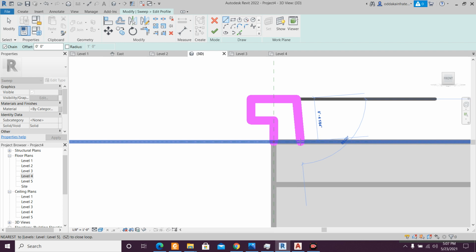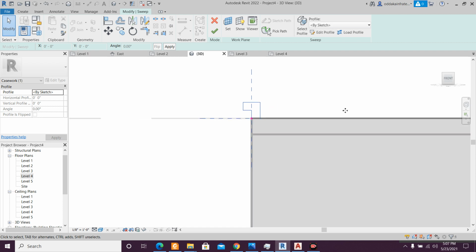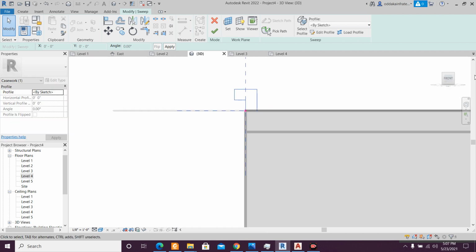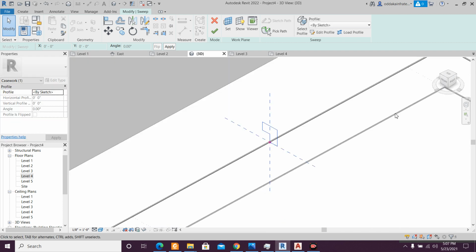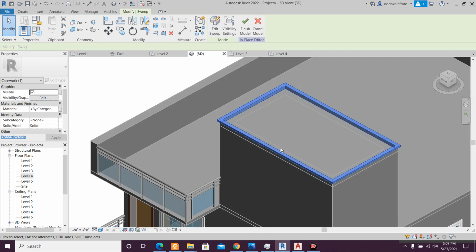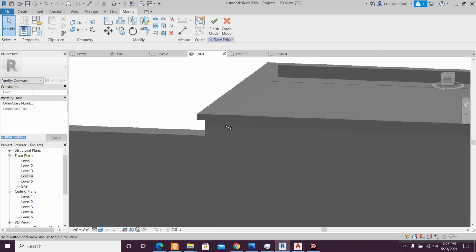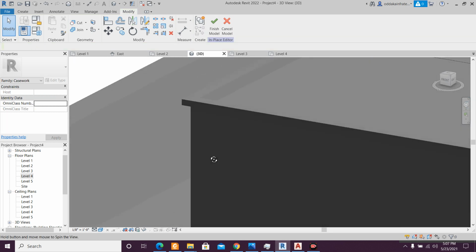And we need to close this profile, go bottom, and we'll join this like this. Click on arrow, enter, and see it in the 3D view like this. This is the profile, and now simply click on this. So as you can see, this profile has been created. Like this, a simple design for your